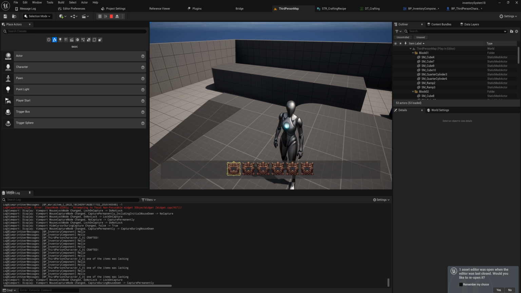We're going to take everything in our crafting data table and we're going to be putting it into a crafting